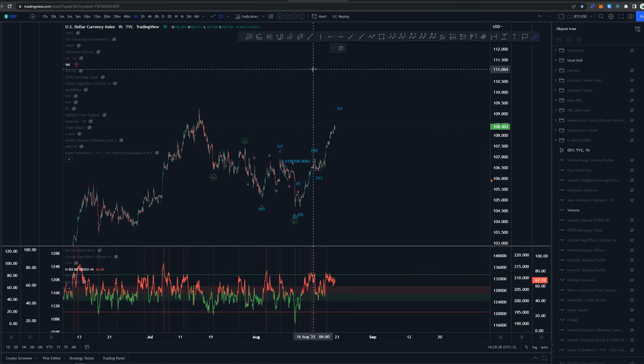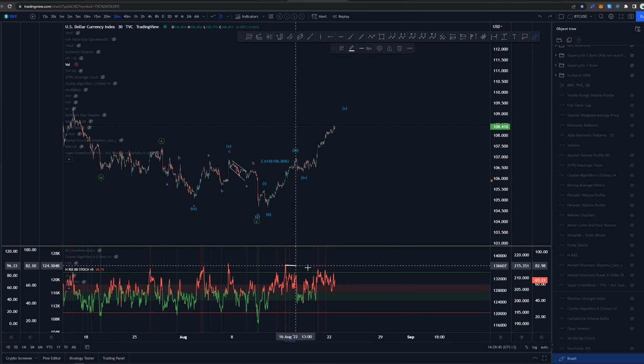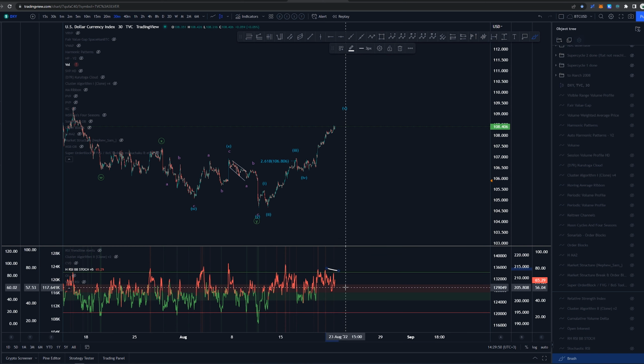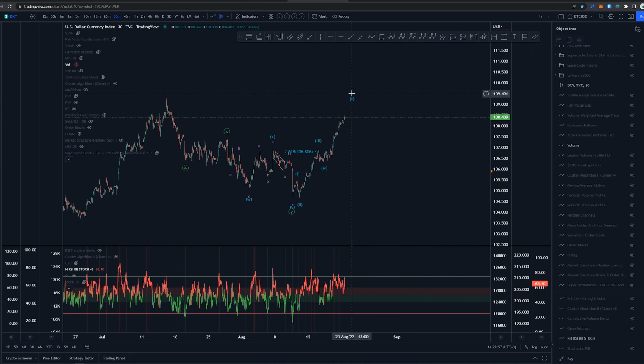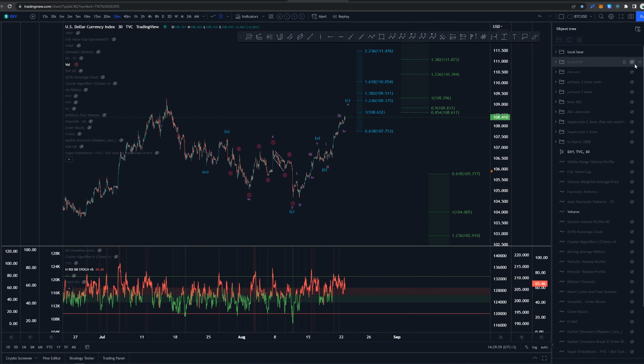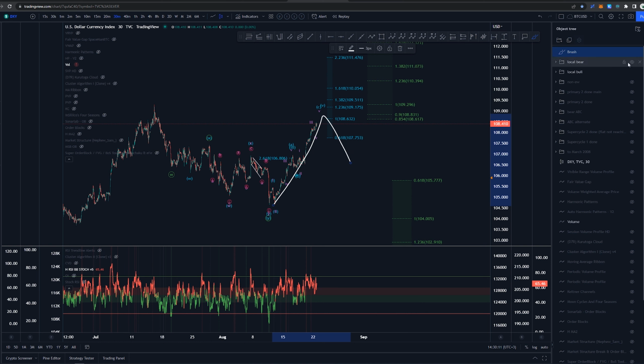On the bullish count, we do still have that divergence in play in smaller time frames, as this would be the third of third, and then we would be looking for the third of fifth and again the third of fifth and the fifth of fifth, if that makes any sense to you. Hopefully it does. So yeah, those are the overall two structures. Whichever is going to be playing out, I'm expecting that soon this is going to have to be correcting downwards for that possible wave 2 here for the bullish count,